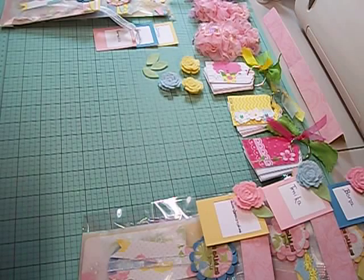It's a lot of hard work getting these all sorted out and shipped out to everybody, and that takes up time that she could have been using for something else. So I wanted to make her something too, to let her know that I appreciate her letting me participate in